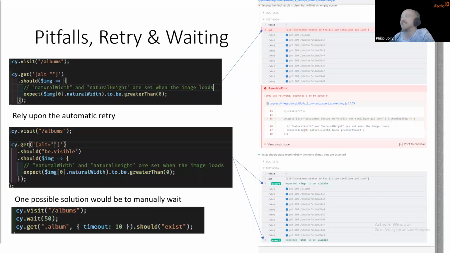Further on these retry issues, we can see in the first example, which is a manual assertion, which is not automatically retried, that the test simply fails. The second example, however, shows that the check that the image should be visible occurs twice, once before and once after the fetches of the photos are complete. So one possible solution would be to manually wait. And in the final example, I wait for 50 milliseconds, which is enough time for the first photo to load,